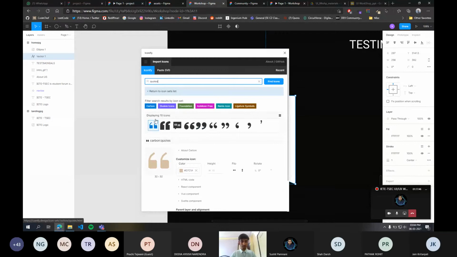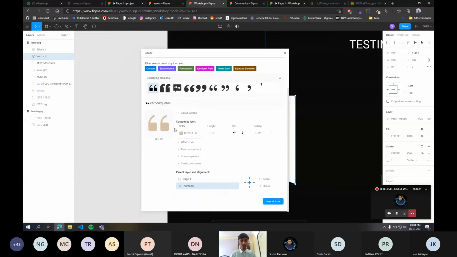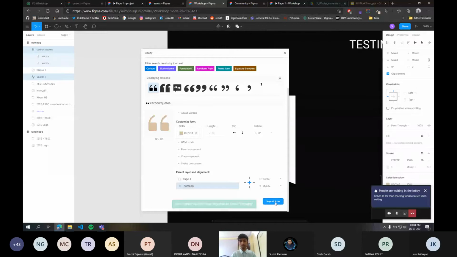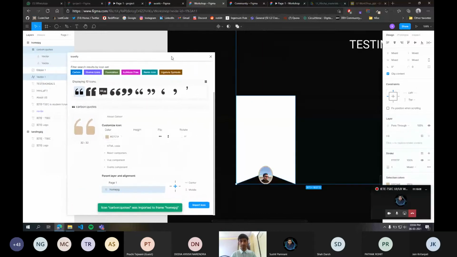So from these 10 results, our results matches with the first one. Okay, so just click on the first one and then you can add its color. So I have added this golden brown color to it, and then just click on import icon.